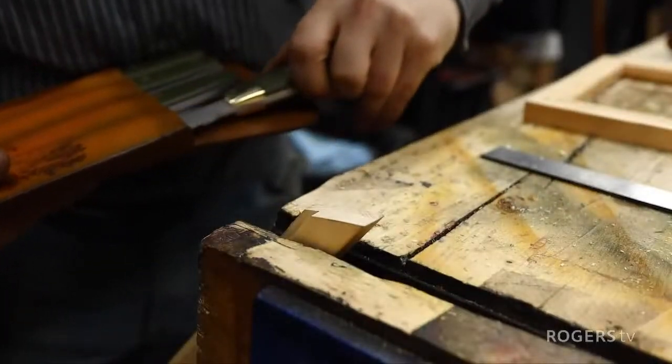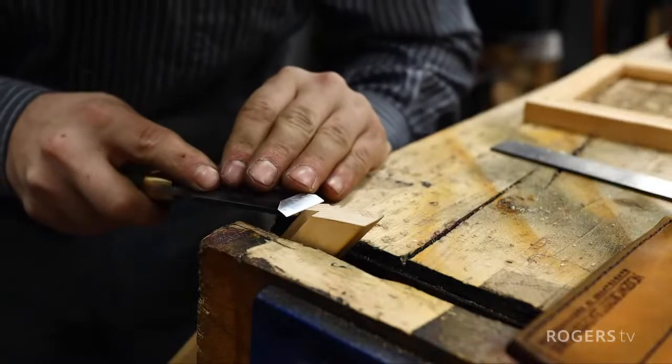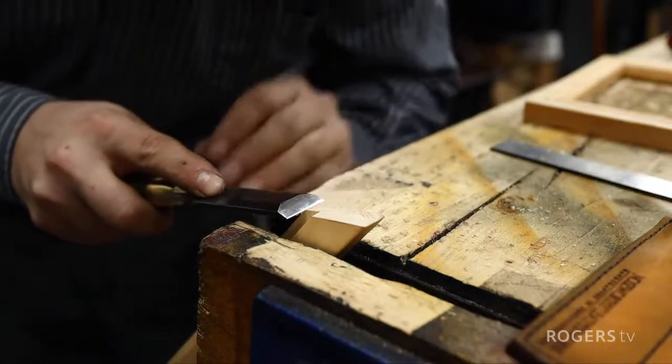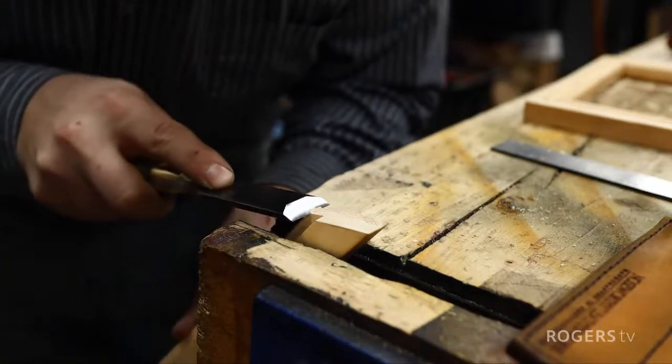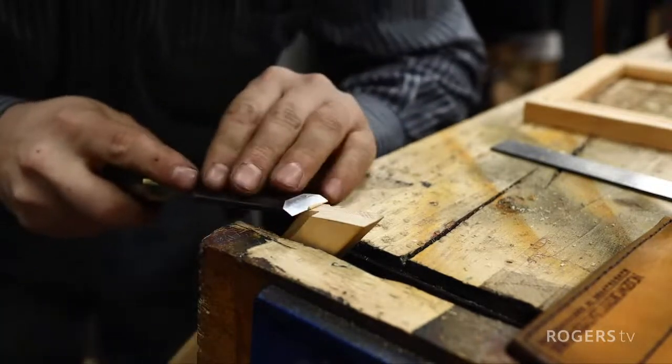I think this might be a nice project for one of our chisels here. Need to take off a little bit of material on the inside. I don't want to squish my...